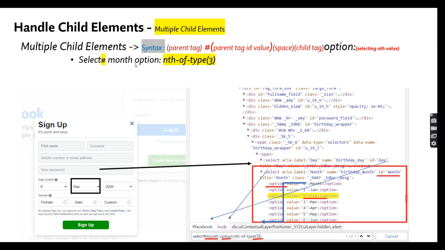Give a space. You can mention the child tag name, option. Here I'm going to select the third value, so I use nth-of-type. I'm going to select the third nth-of-type value, so I mentioned this. This is the syntax. Please remember, don't forget.